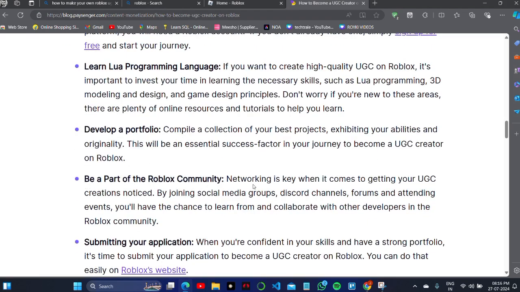Be a part of the Roblox community. Networking is the key when it comes to your UGC creation. By joining social media groups, Discord channels, forums, and events, you will have a chance to learn from collaboration with other